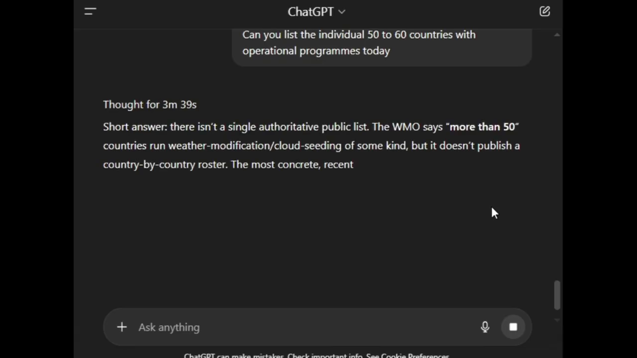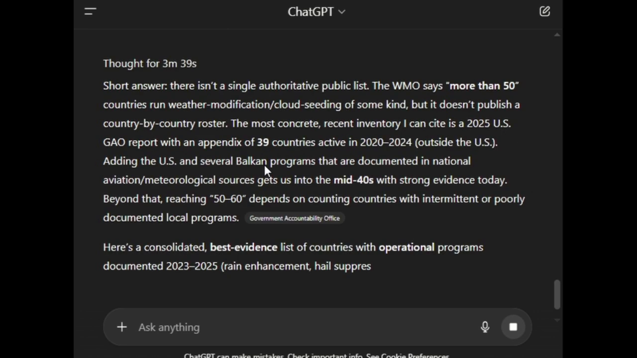Short answer? Short answer, there isn't a single authoritative public list. The WMO says more than 50 countries run weather modification cloud seeding of some kind, but it doesn't publish a country-by-country roster. The most concrete recent inventory I can cite is a 2025 US GAO report with an appendix of